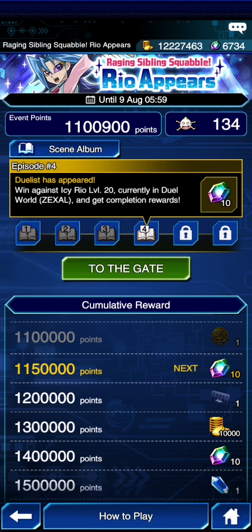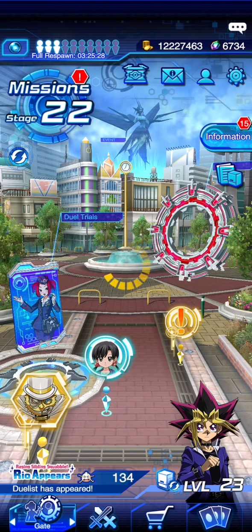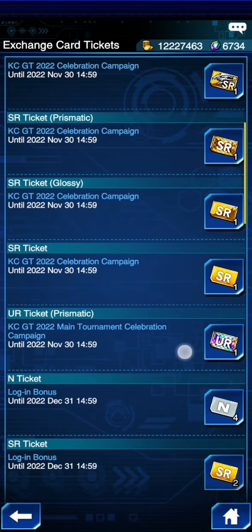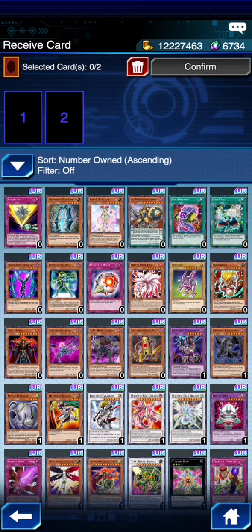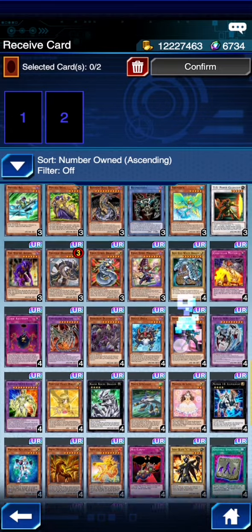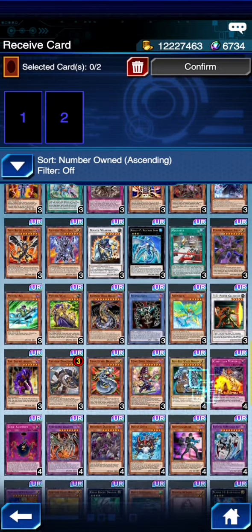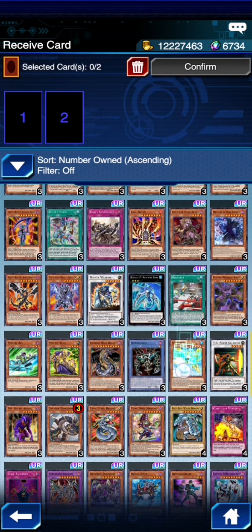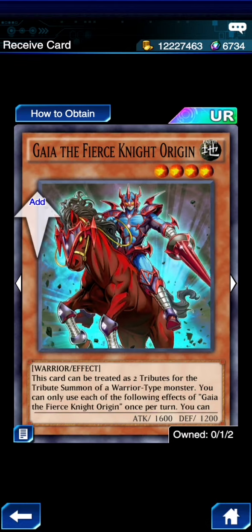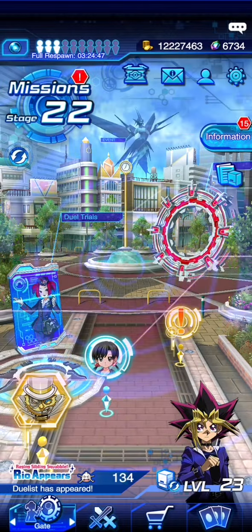You can do it basically with the starter decks, and also if you have access to any of the ultra rare exchange tokens. Any of them, such as these. Then if we scroll down, you should be able to get Gaia off of these. There he is. There's the Gaia the Fierce Knight Origins that you can get off of just basic ultra rare tickets, and the majority of the rest of the Gaia deck comes from